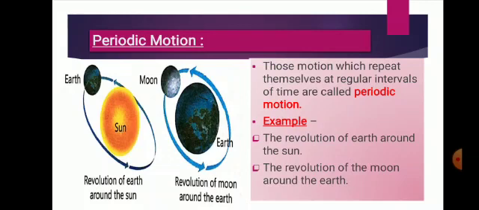Revolution of the moon around the earth is also a periodic motion because the moon always takes the same time, about 1 month, to complete one round around the earth. Some other examples of periodic motions are the swing of a pendulum, motion of the pendulum of a pendulum clock, motion of a child on a swing. Okay. The vibration of a stretched string of a sitar or guitar when plucked, and the vibration of the stretched membrane of a drum, that is tabla or dholak, when struck, are said to be periodic motion.